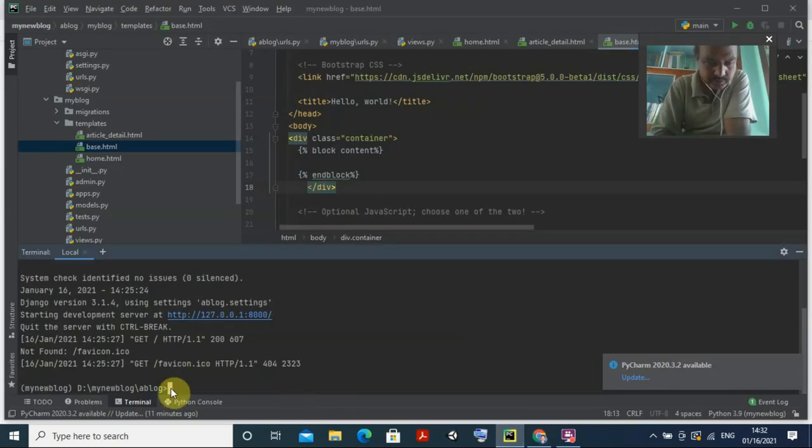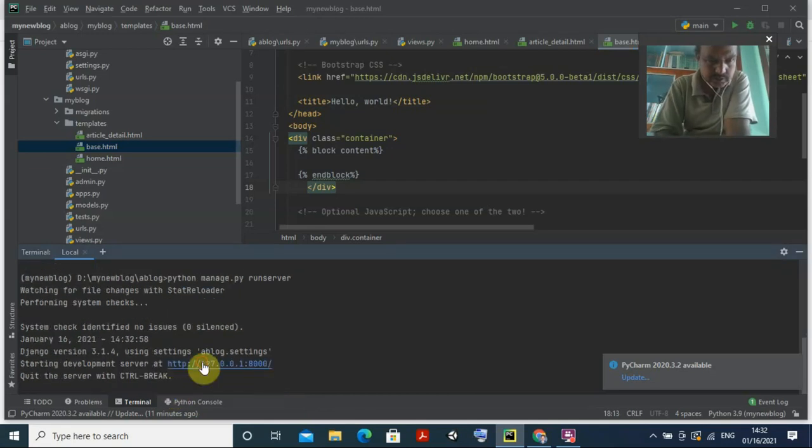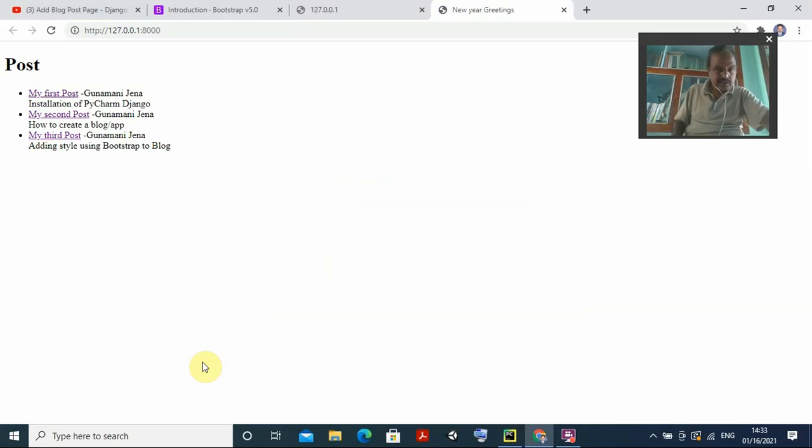So now I go for python manage.py runserver. Okay, now it is there. If you see it here, now things are coming like this, right? Even if we did it before, the first thing we created before this bootstrap is just like this. But once we apply this bootstrap, something beautiful should come.